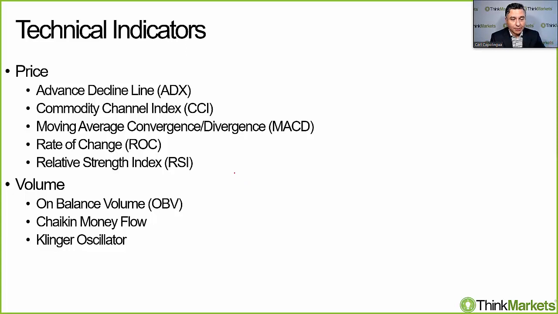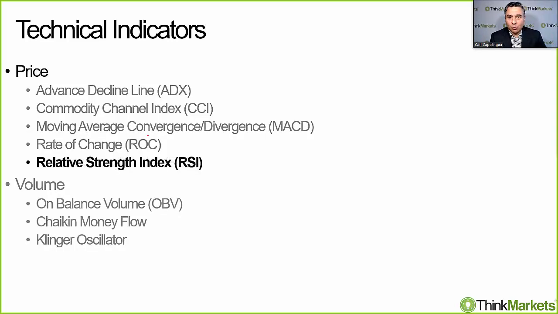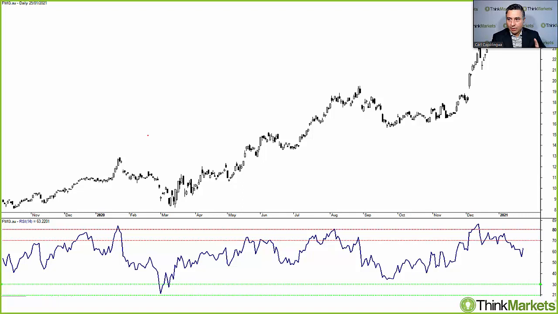And challenge you to go and investigate the power of that app, and you will find these indicators on there. For example, the advanced decline line, commodity channel index, moving average convergence divergence, rate of change, relative strength, etc. In terms of the price-based ones, because there are also volume-based ones, you can see down the bottom. We'll just have a quick look at the RSI today. We can't go into all of them, but let's have a quick look at one of them, which is the